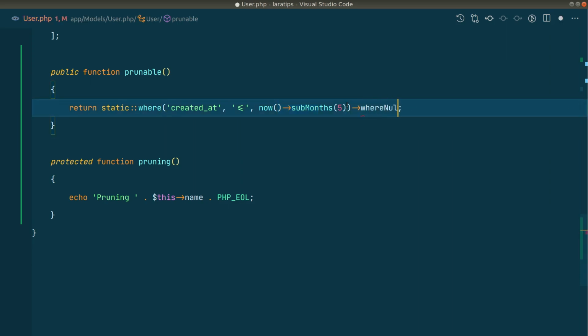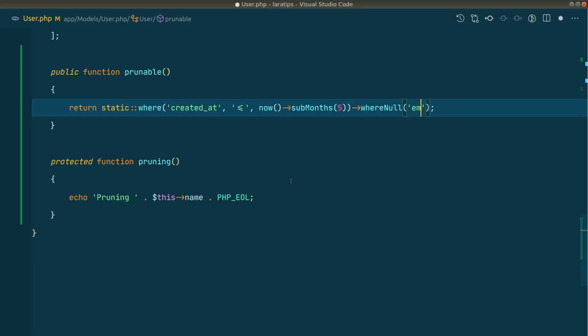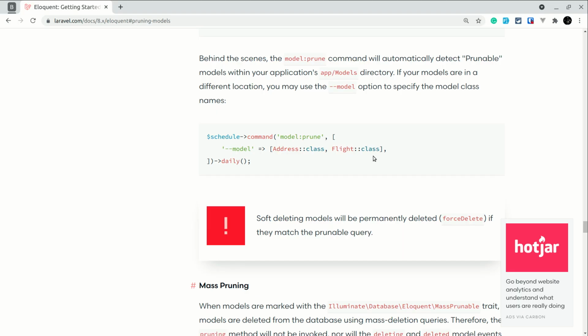We can say also here where null, and we can see here the column name which is email verified at, like this. Those are not verified and those are older than, let's say here, and if you see this code here, those are older than 5 months, or let's say older than 3 years, they will be deleted automatically every day. And one thing to note is that any models that are inside these models, it will automatically detect those